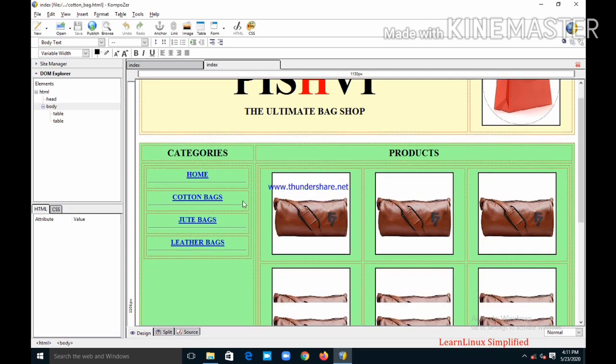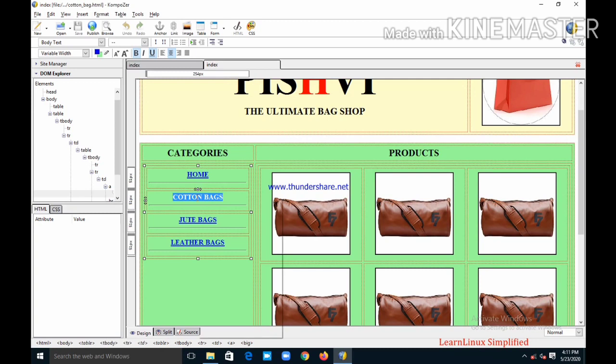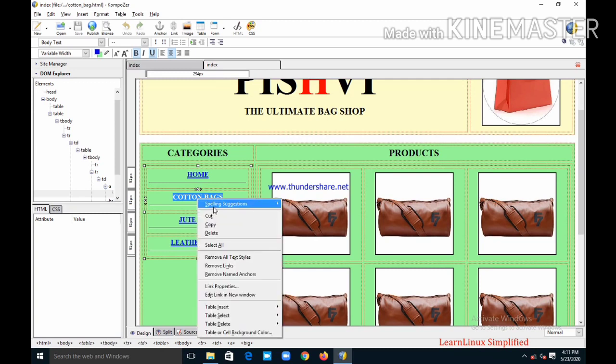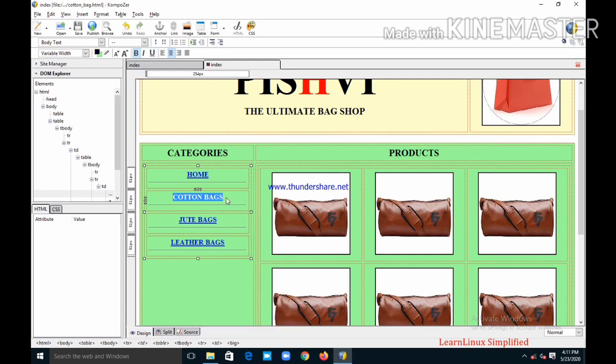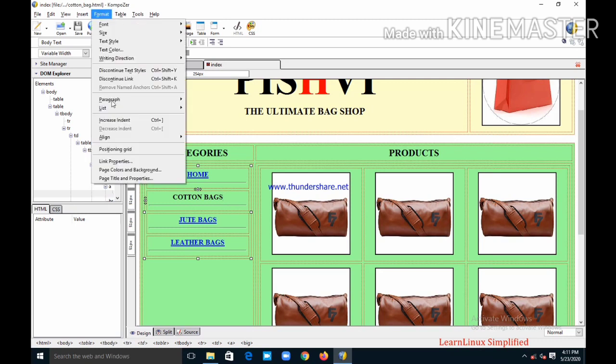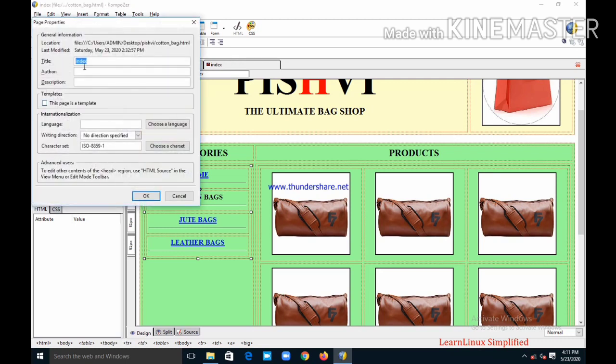The first compulsory change: select this cotton bag category link and remove the link. Why do we remove the link? Because when we click on cotton bag we are on the same page, so we don't need that as a link. Second, go to format, page title and properties, and change the name from index to cotton bags. Okay, these 2 changes are there.